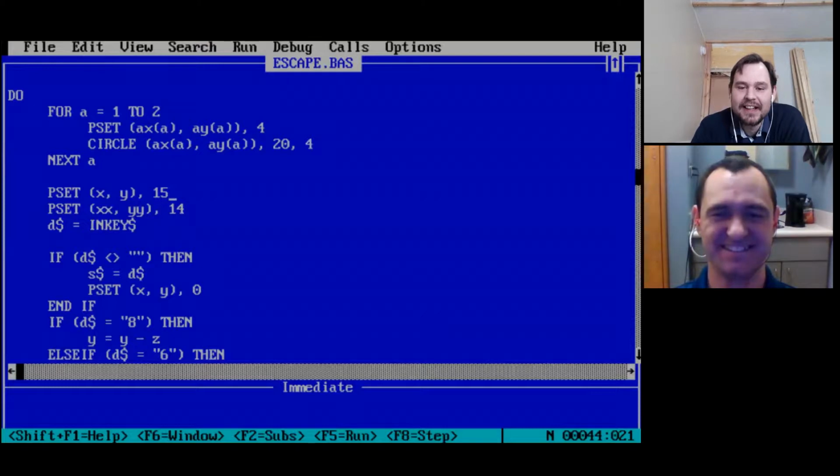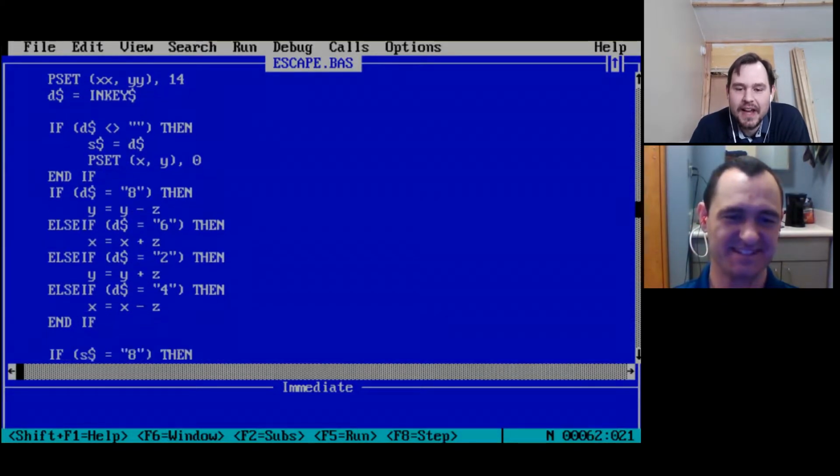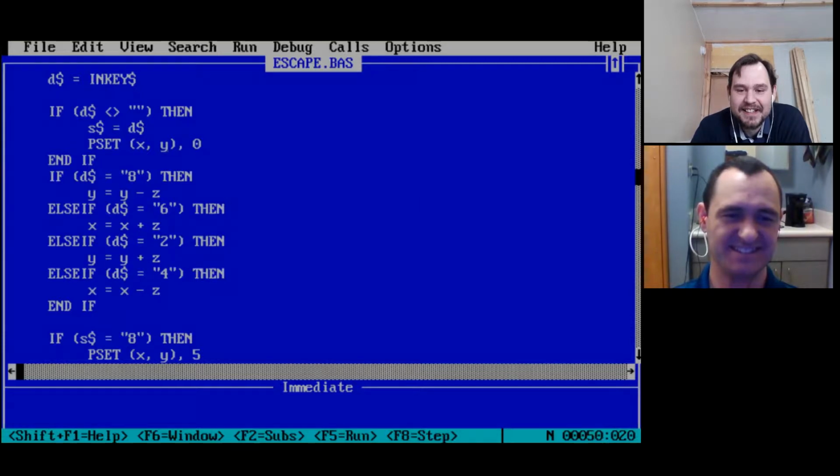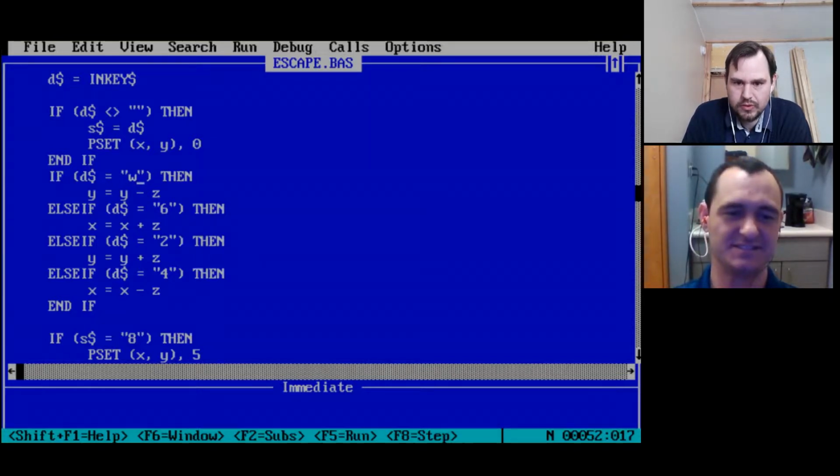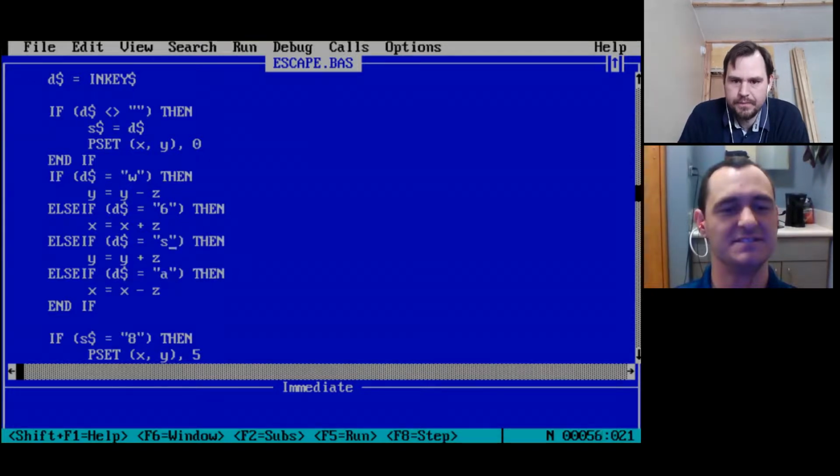Let's go through the code and change it. Here we go. If down equals 8, 6, 2, and 4. I'm going to make 8 be W. Down be 2, so 2 is down, or S. And then 4 would be to the left, so that'll be A. And then 6 is going to be to the right, so that will be D. And now I can have some semblance of